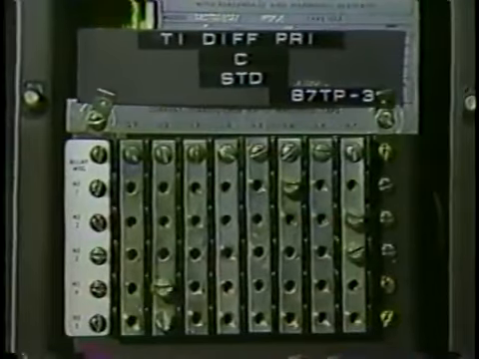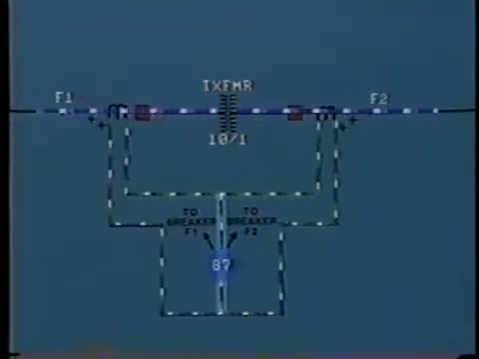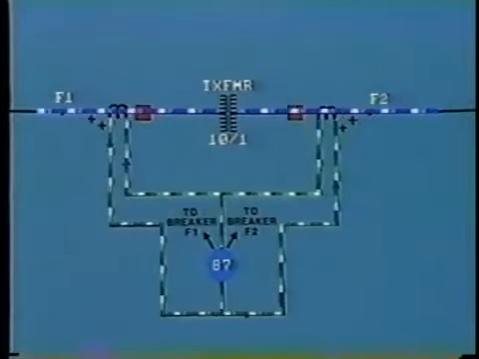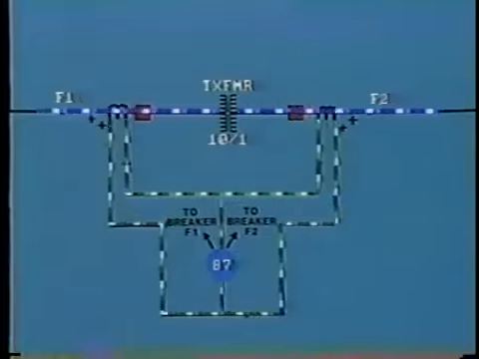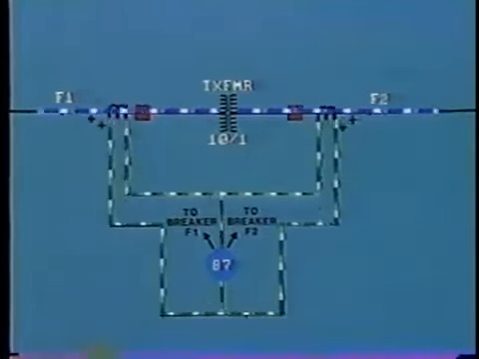In an attempt to reduce this error current as far as possible, differential relays are typically provided with a number of taps to help balance the CTs. But even with this, a small error current usually does exist. Now, under normal operating conditions, this will probably be below the pickup value of the relay,